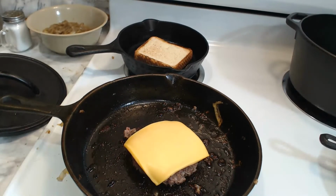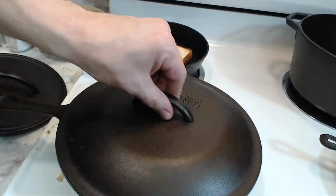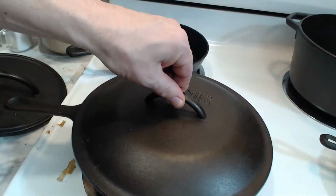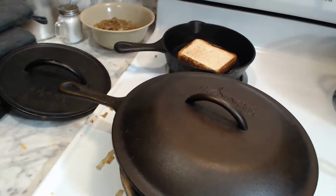I guess you might call this a selling point on this ugly hammered pan, even though I'm not selling it. This is a Lodge 10-inch lid, the kind that you can get anywhere. It fits on this like a glove. I mean, it's practically exact. The only difference is that there is a very, very...